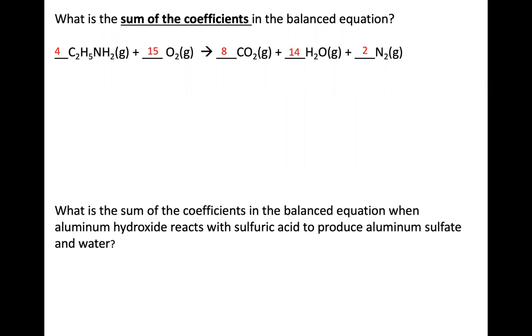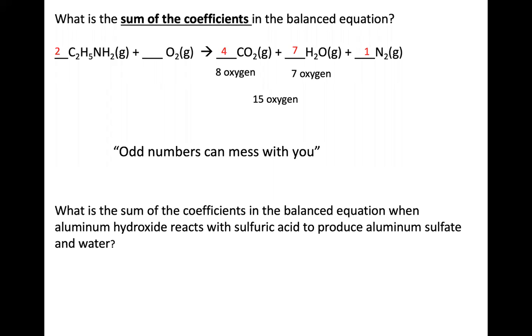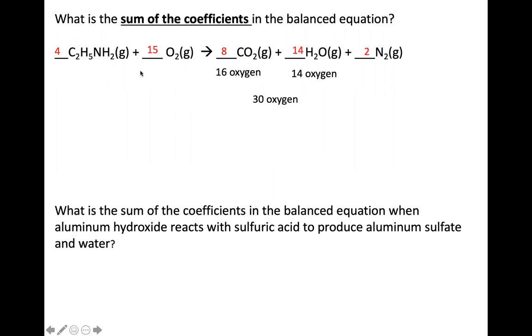Now, I was noticing within Perusal, a lot of people were doing a really good job coming up with the total for this. You weren't showing me your strategy, but I was seeing a lot of really good answers where you were able to answer that first one correctly. That first one right there, I think that's one of the most difficult ones that you would have on an exam when it comes to balancing an equation. And again, it comes back to this idea, if odd numbers are going to mess with you, you can always double everything that you have, and that gets rid of dealing with that odd number at that point. Leads to the same answer.